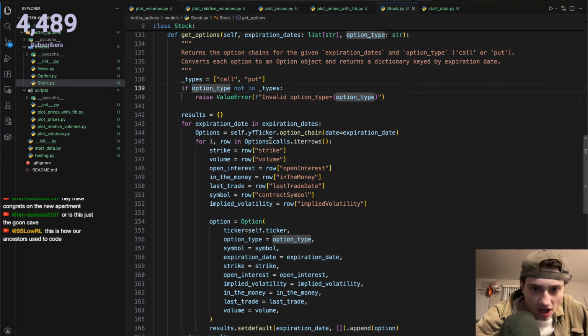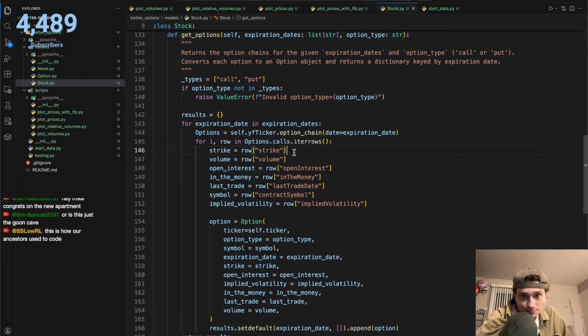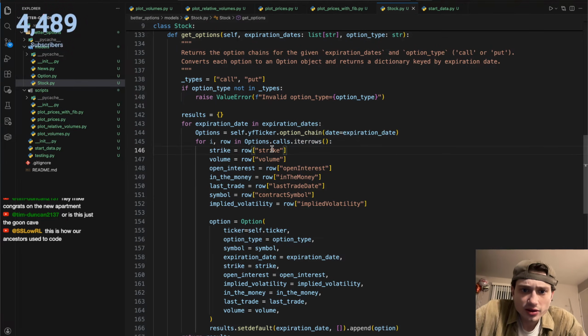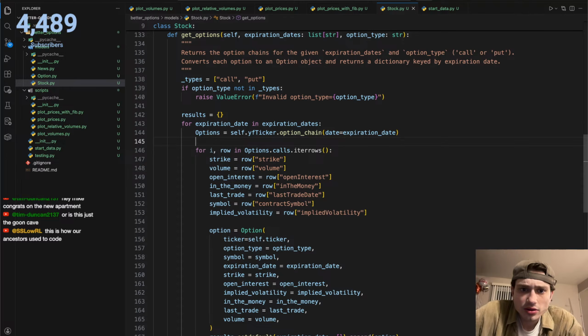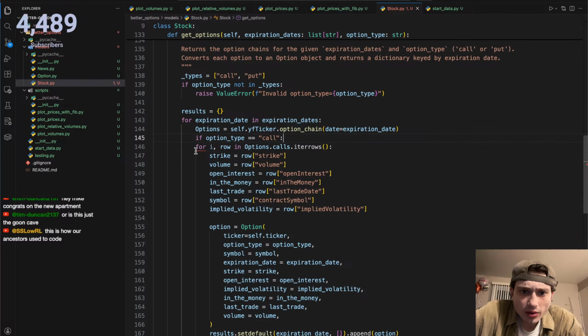Oh no, because this is option stock calls. Hmm. So we're going to do: if option type is equal to "call", right, we're going to do